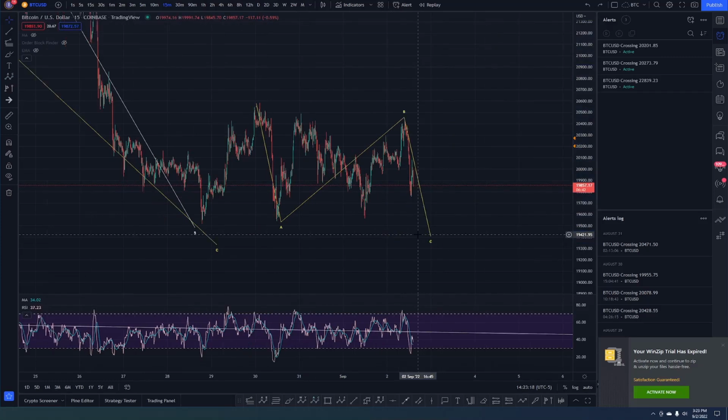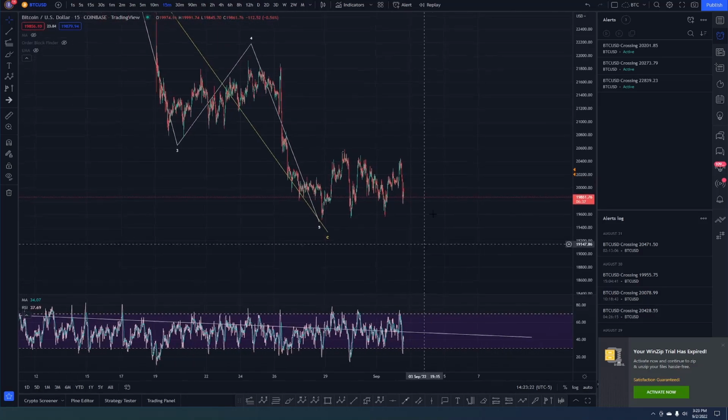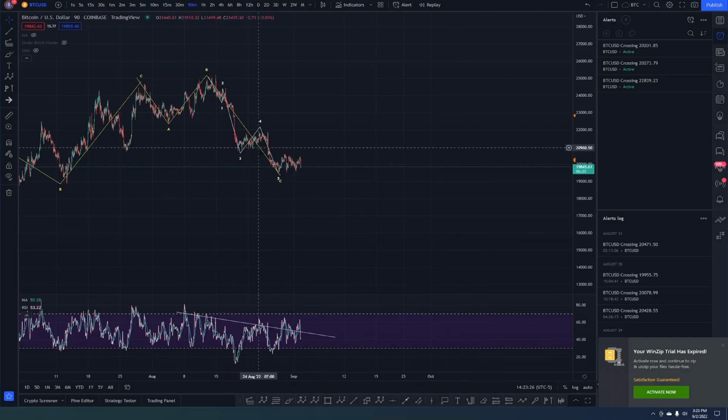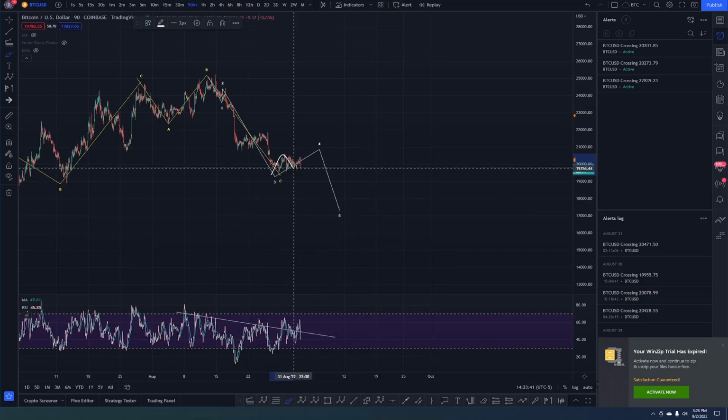All right, what else could be going on? Well, we might not be finished. Let's zoom out just a little bit to the 90. Say this 5-wave might not be done. Let's move the 3-wave down to here. Okay, let's make this a 4th wave, and the current wave then is part of a much more complex and much larger structure. That this has a potential of just sideways action for the next several days. Okay, it could be a